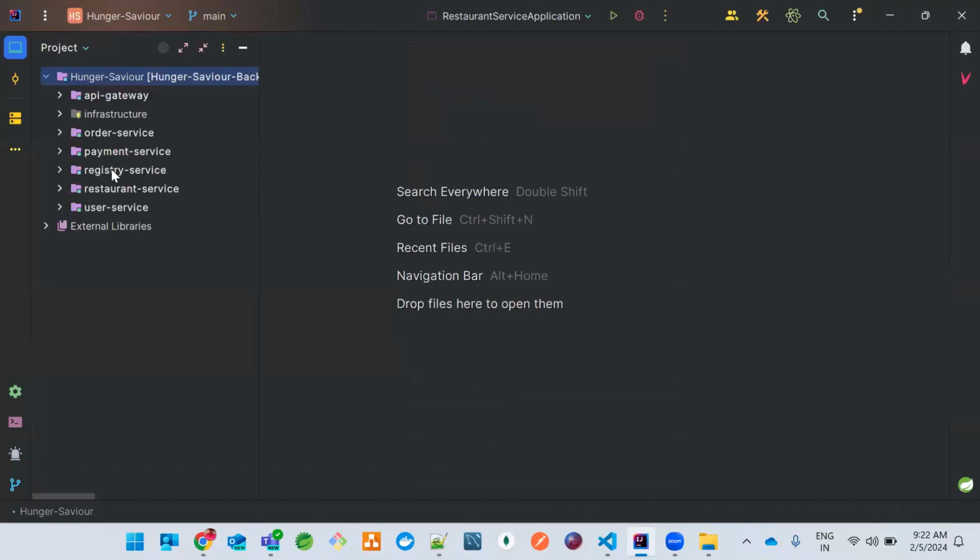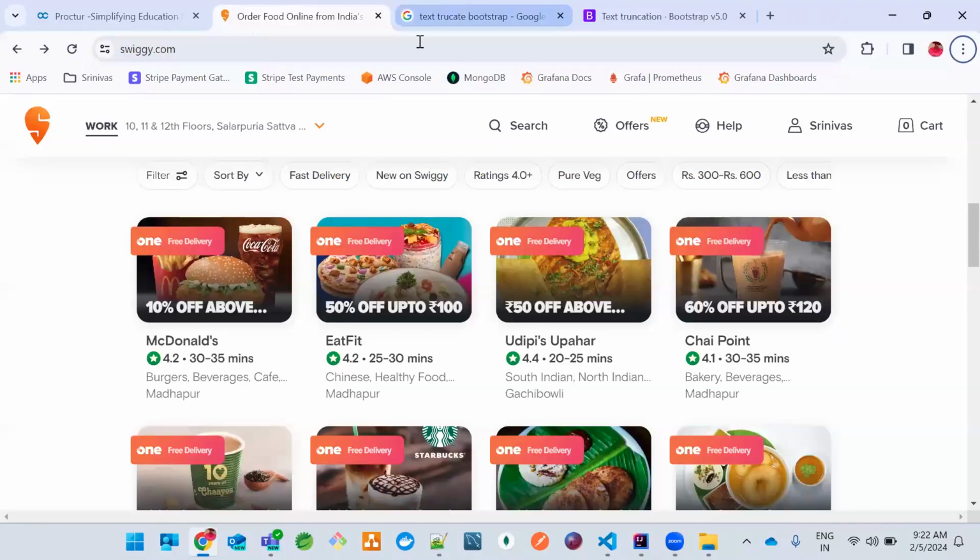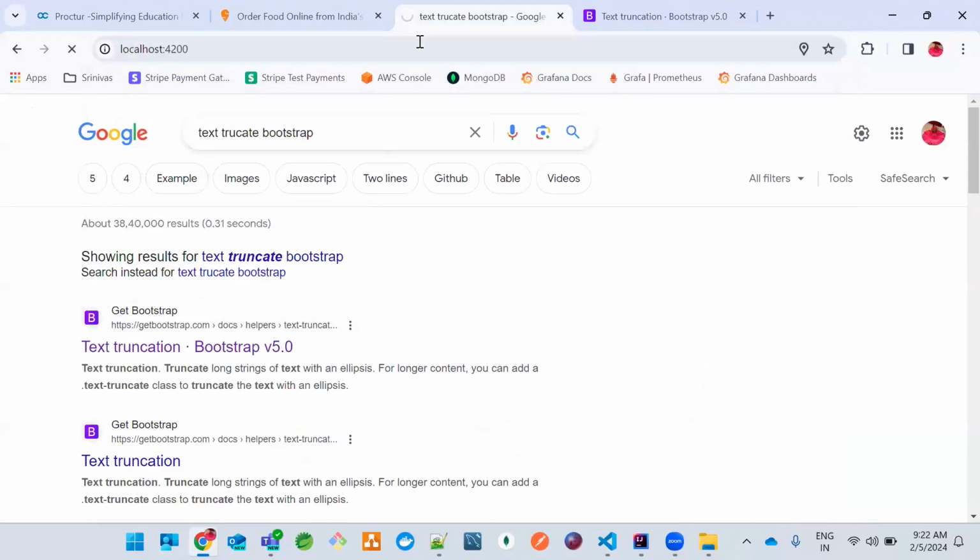So these are all the services that we are going to build from our side. Okay. So if I just open my localhost 4200,